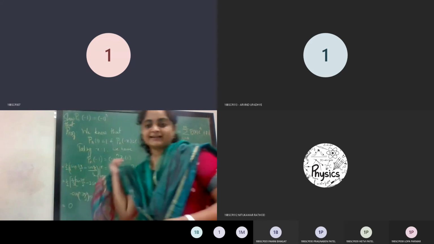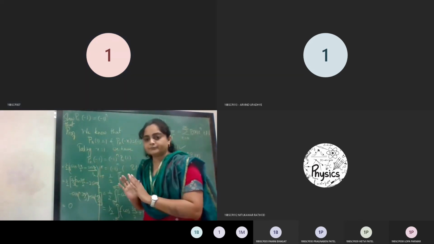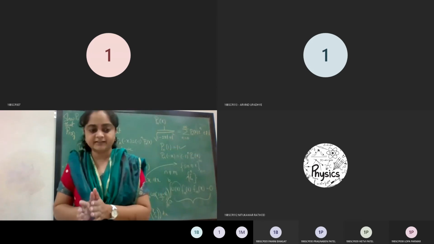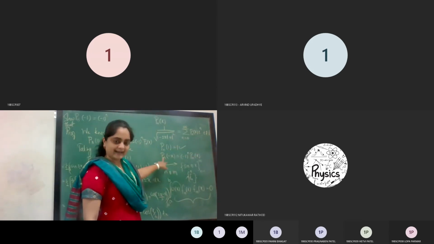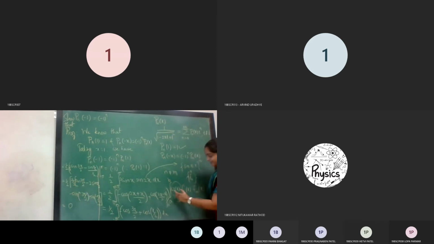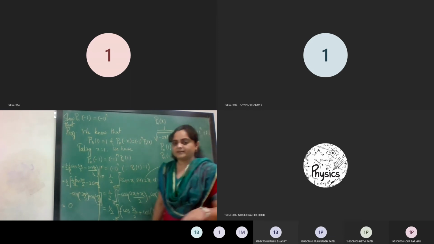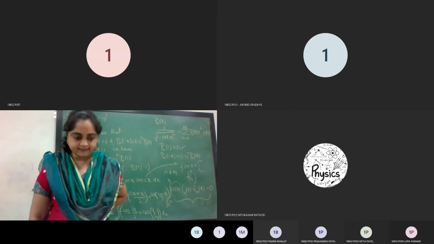Orthogonality. Similarly, right now, why have I considered this definition? Because I want to compute the orthogonality of the Legendre polynomial. So for that, we will consider different values of m and n, and we will try to find out the interval as well as the weight function with respect to which this Legendre polynomial will become orthogonal. Okay, so that is today's task.